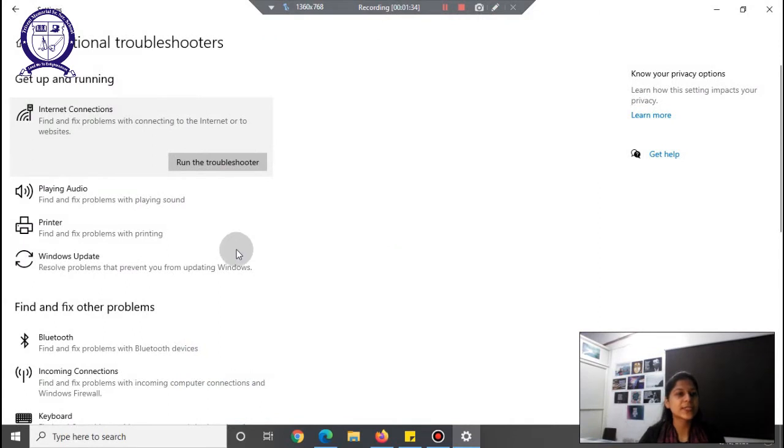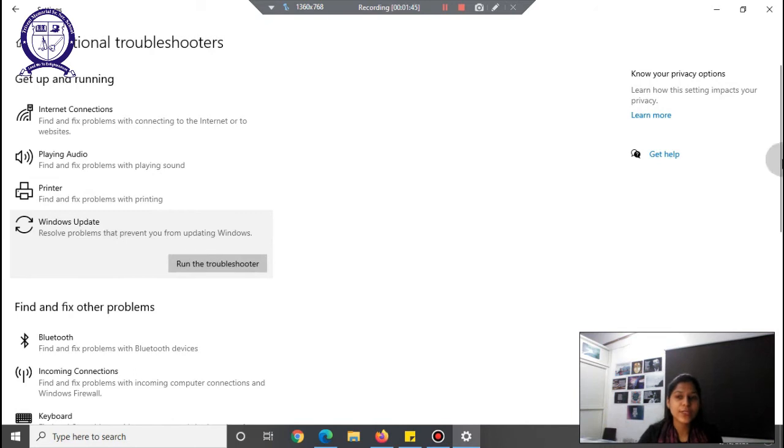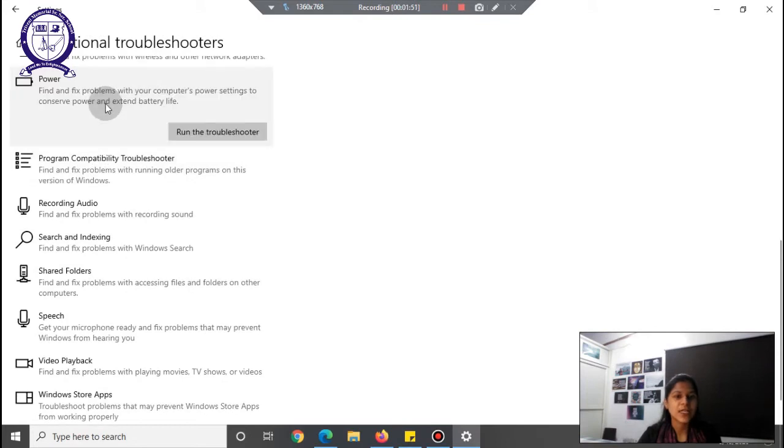So you can see here, I have various troubleshooter options. If there's any problem with my audio, I can run this troubleshooter. If there's any problem with my printer, with Windows Update or Bluetooth, or if I have a problem with my battery, let's say, what can I do to solve them?